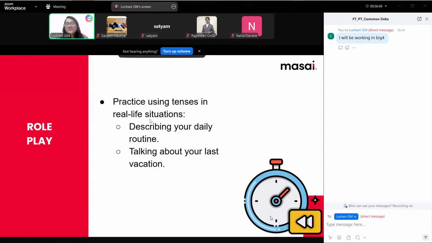There, I have visited Kathmandu. Nice try, Achut. Everything was good. One small correction. Because you're talking about the past, you don't have to use have visited. You will simply say, there, I visited Kathmandu. Okay, nice. Satyam says, as we know, yesterday was Holi, so we played with lots of colors and had